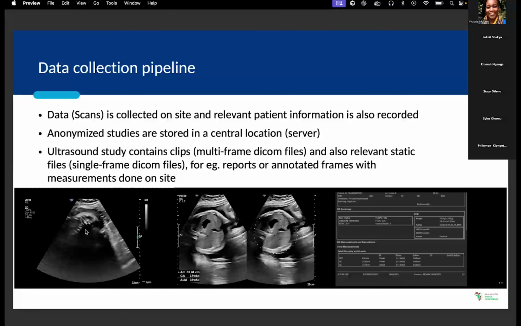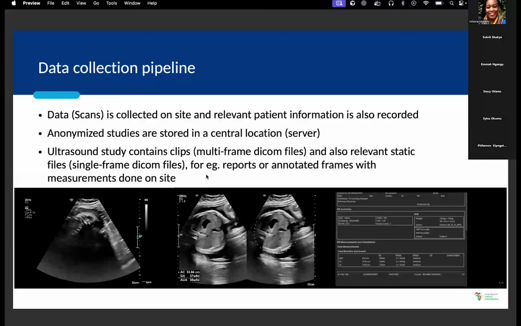So we have the clips themselves, and also some relevant static files with some measurements or annotations that were done during the standard of care practice, and also some relevant report information that was generated on the machine itself. So this is how the data is collected, and